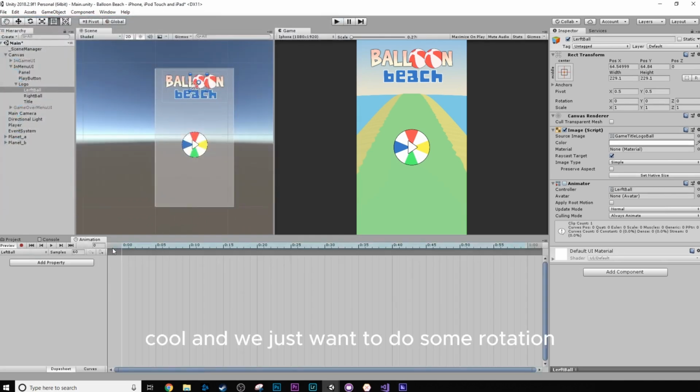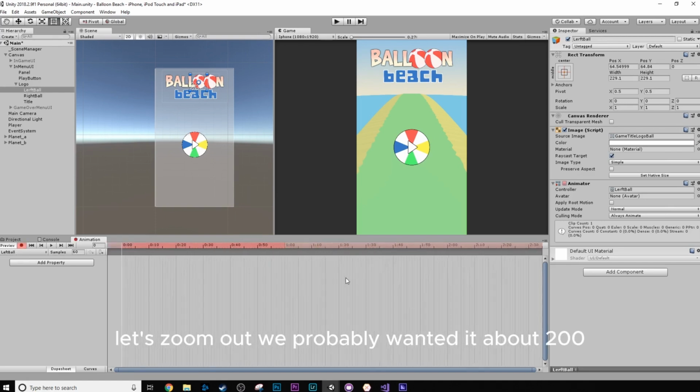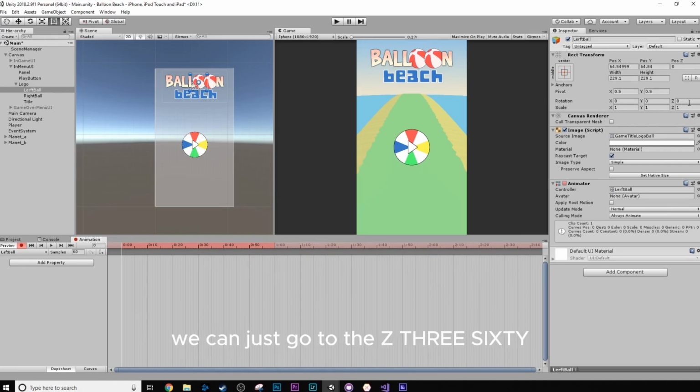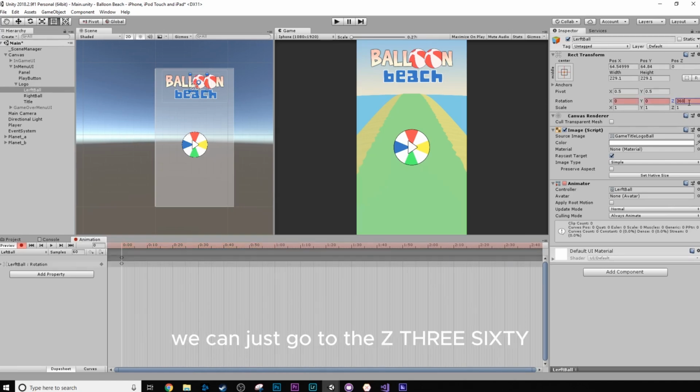Cool. And we just want to do some rotation. So if we press the record button, let's zoom out, probably want it at about 200. If we go up to the rotation here, we can just go to the Z 360. So that's a full circle. And then at about, say, the 2, we'll say 0. If we press play,